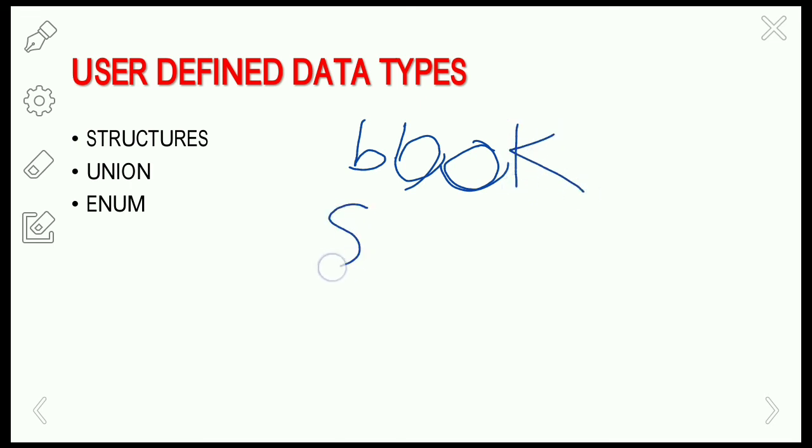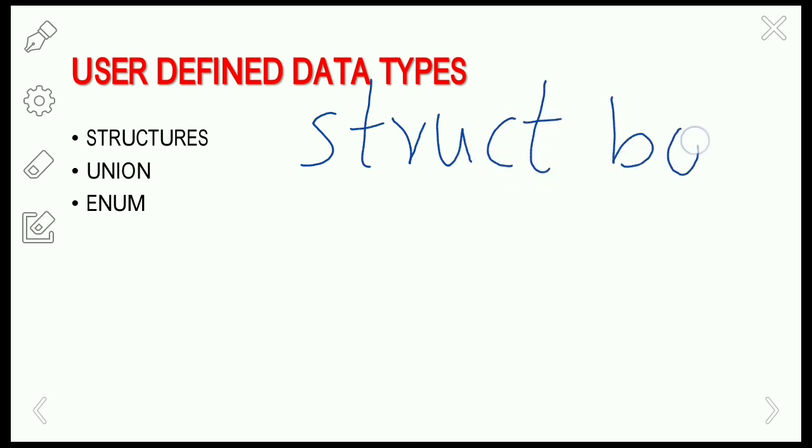If you want to store the data related to a book, then you can define it with struct book.